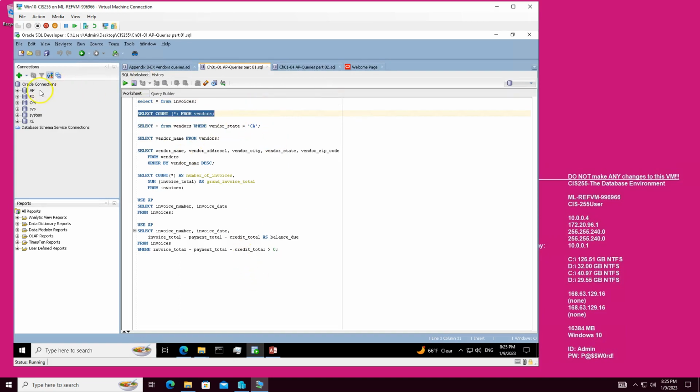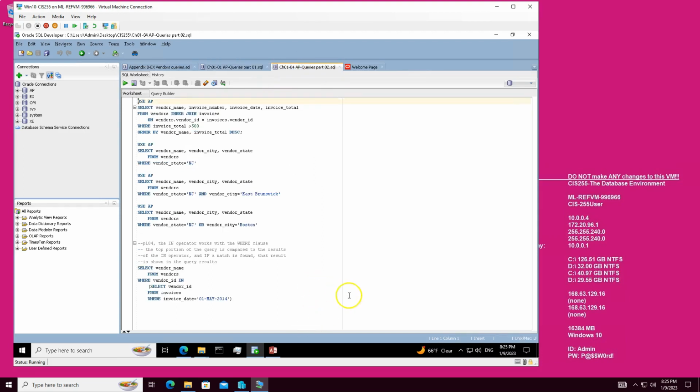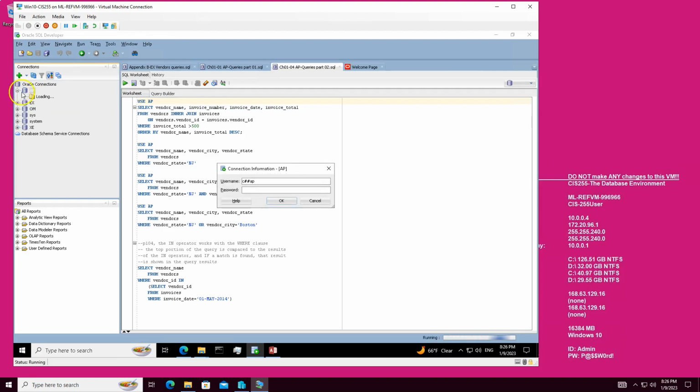We may end up creating our own databases or table spaces. We'll see how far we get during the semester. I don't have high hopes for that. There's so much material to cover, and unless we fly through all of it, okay. So these databases are already generated for you, and you can connect to these databases by opening, and the